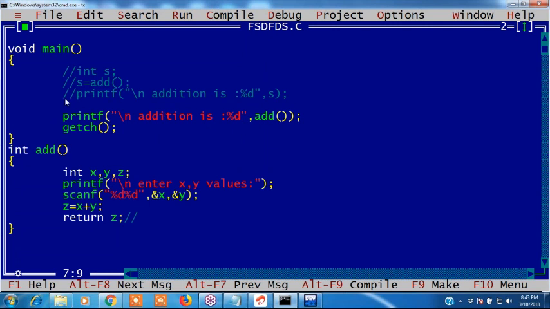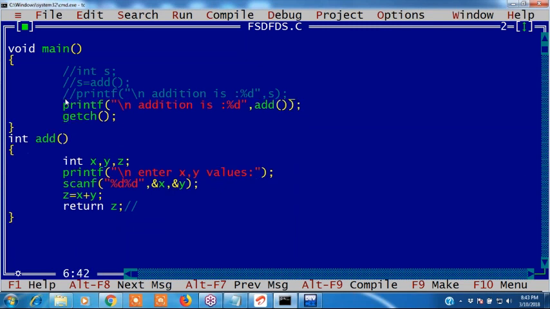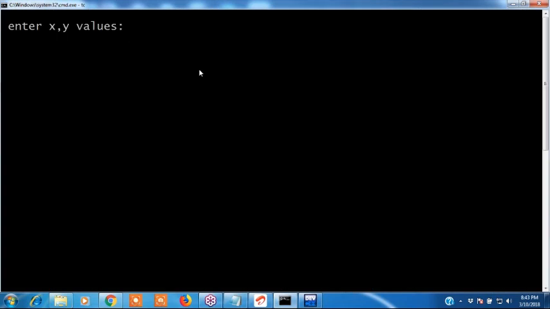Don't call directly like this. If I call it, we are not storing in any variable and we are not printing. It is valid, but there is no use if you call directly. Whenever it is returning a value, store it in one variable or directly print it. Guys, understood? If you print, we get the answer. If you store it, we can use it somewhere. If I write this, it is also valid, 5 and 6, then the answer is 11.